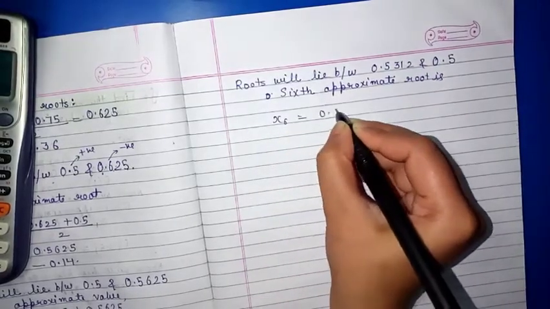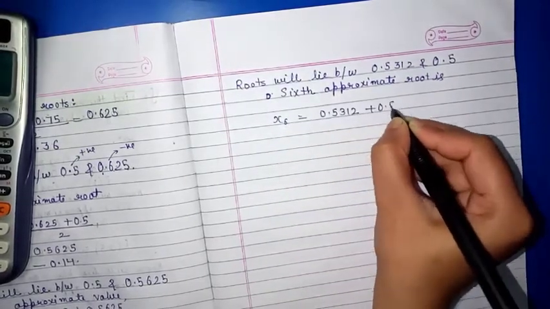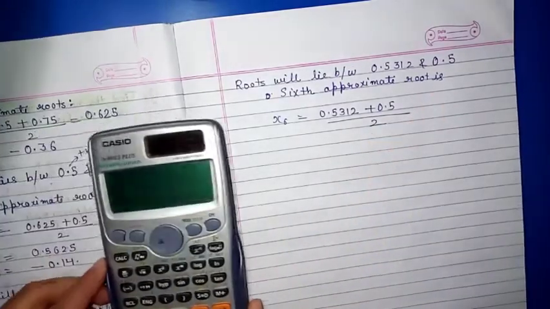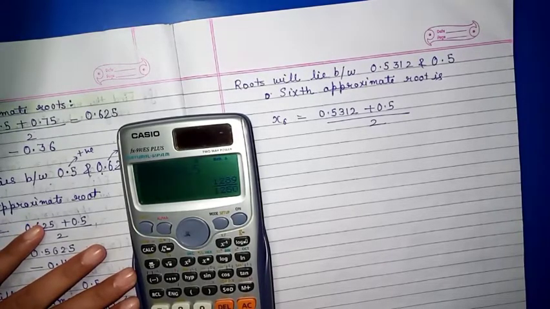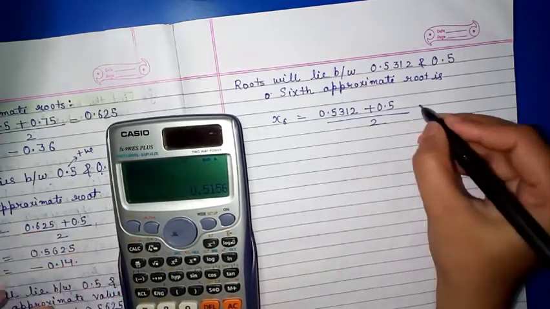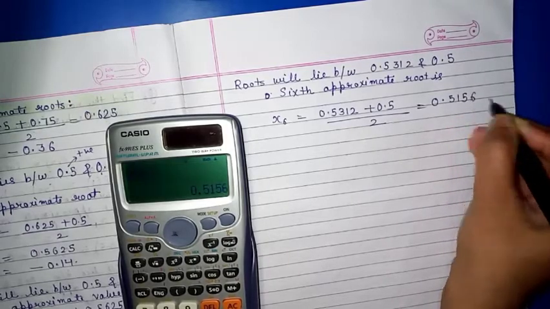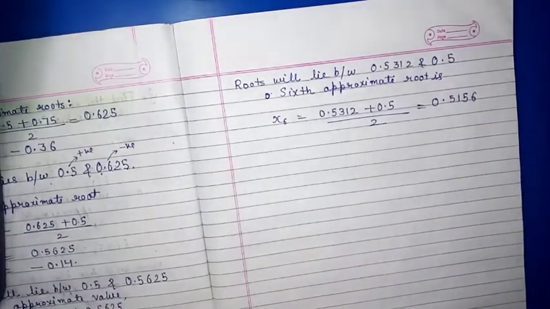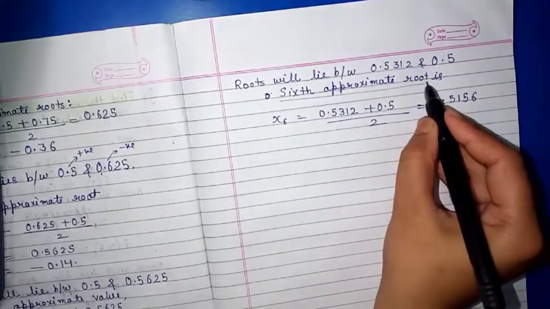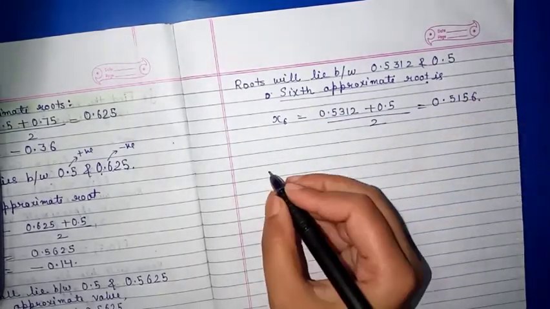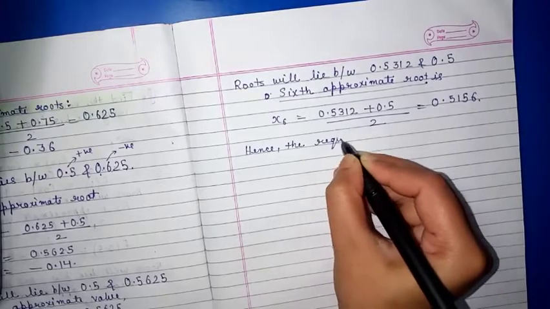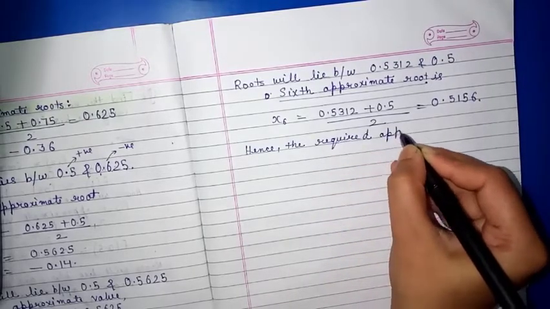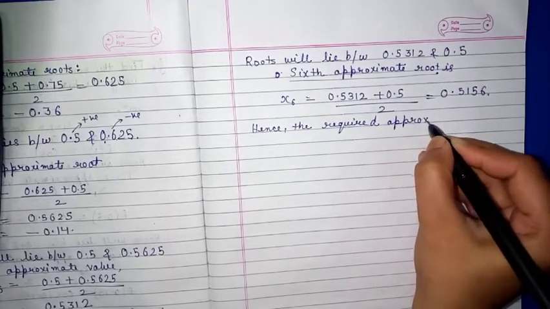x6 equal to (0.5312 plus 0.5) by 2. So it will be something about 0.5312 plus 0.5, then this divided by 2, which will be 0.5156. So similarly we are getting closer to the answer. So the sixth approximate root is this much. We will stop here, and at last we will write, hence the required approximation is